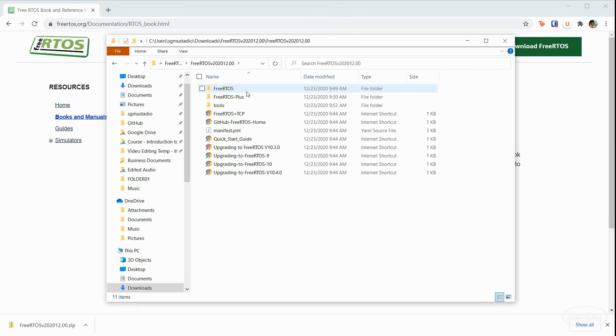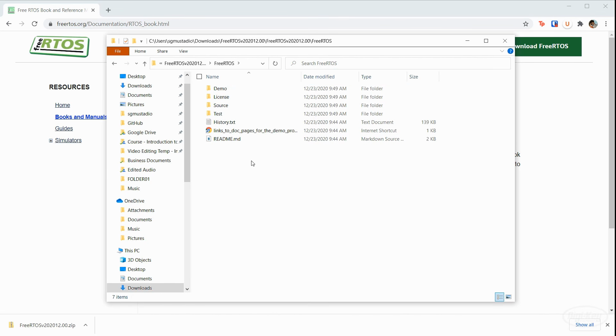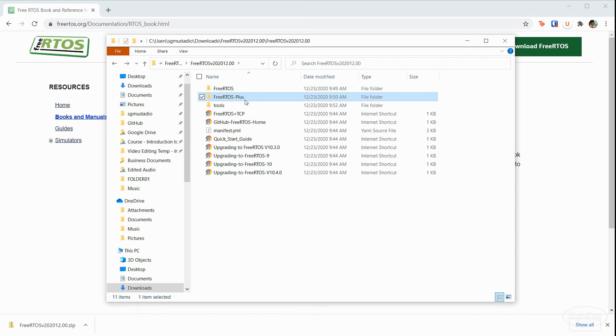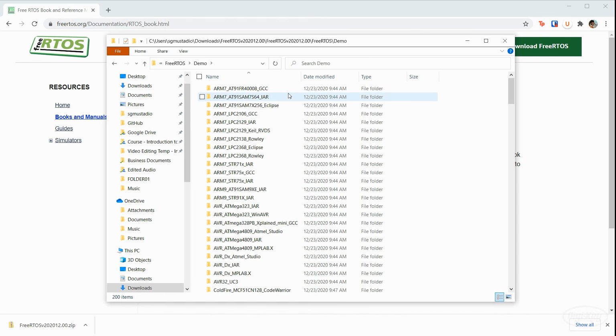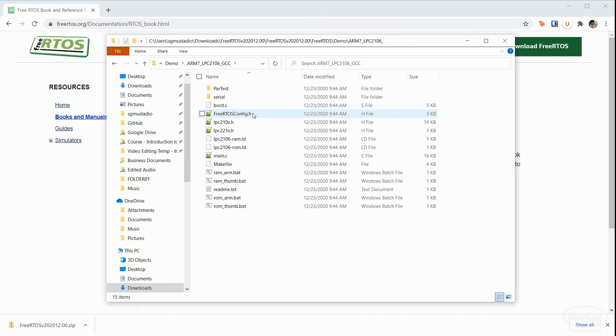The FreeRTOS library is just a scheduler, which is great if you have your own device and file drivers. The FreeRTOS Plus library is the scheduler and a few drivers mostly for networking, like TCP and UDP. You'll want to copy or link to the source files in your build system. Take a look in the demo folder and pick one of the example projects. Let's look at a GCC example.